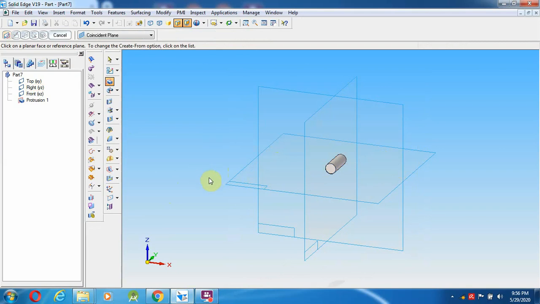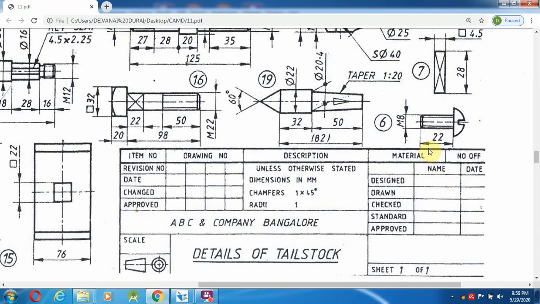After this 22 mm distance, this portion we have to create. While creating this, the outer diameter they have not mentioned over here, so it is coming 8 into 2, that is the 16 mm diameter.